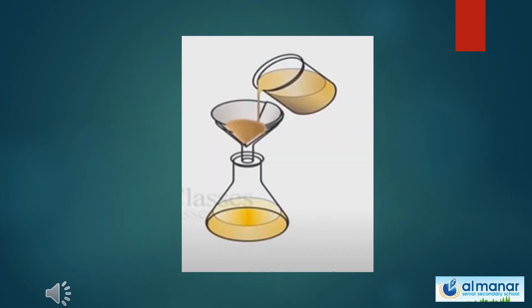Next, filter the mixtures in all the beakers by using a filter paper. It is shown in the diagram. We can see no residue will remain in the filter paper for the mixture of beaker A, B and D, whereas we can see residue on the filter paper for the mixture in beaker C. So we examined the mixtures in all the beakers by passing a beam of light, then by allowing the particles to settle, then by filtering the mixtures.